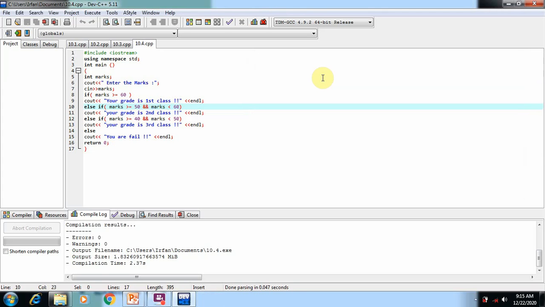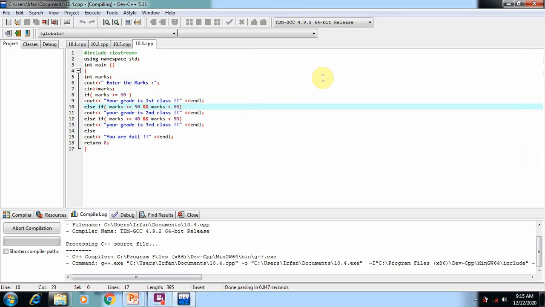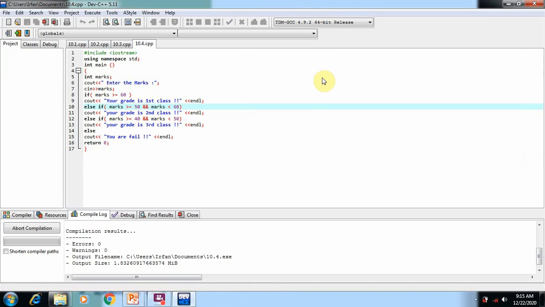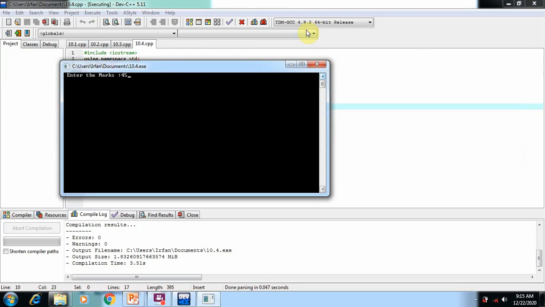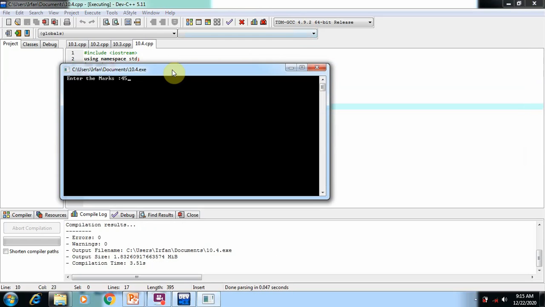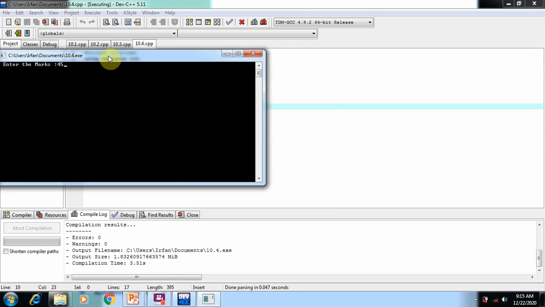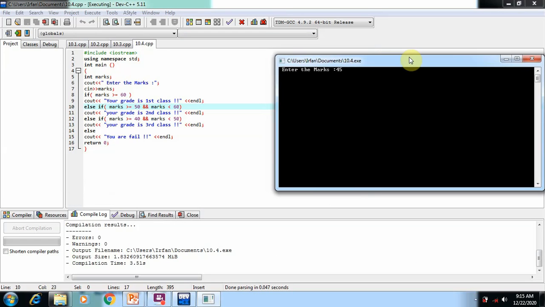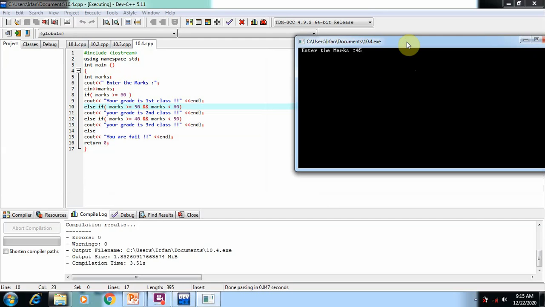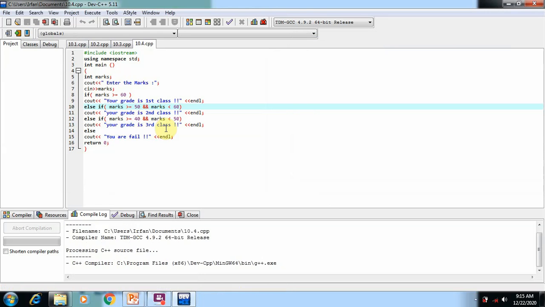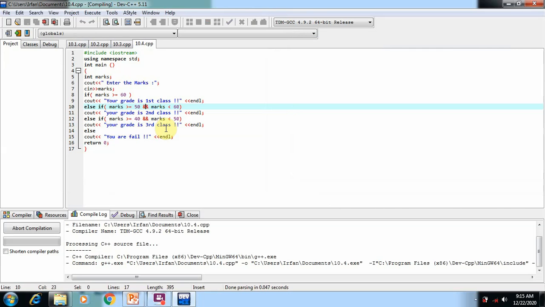In the same way, now I'm going to run the same program. Now I'm going to enter a value of 45, so that expression 3 becomes true and executes the output. So here you can see the third expression is evaluated as true and this statement, that is your grade is third class, will execute. So in the same way, I'm going to run the same program to check the last else